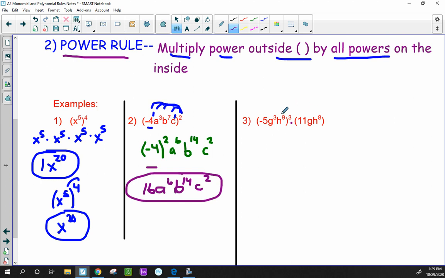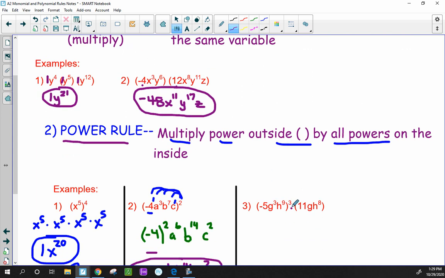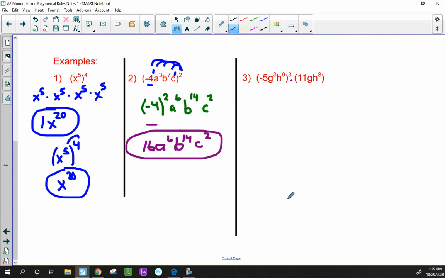But this problem is a combination of these two rules. It has a product rule, and it has a power rule. And you're always going to follow PEMDAS in that order, so you know you're going to get the right answer. In other words, always do exponents or powers before you multiply. So that means I need to take care of this 3 first, and I need to multiply it by all the powers I see. And again, second time today, make sure you put the 1 above the number,